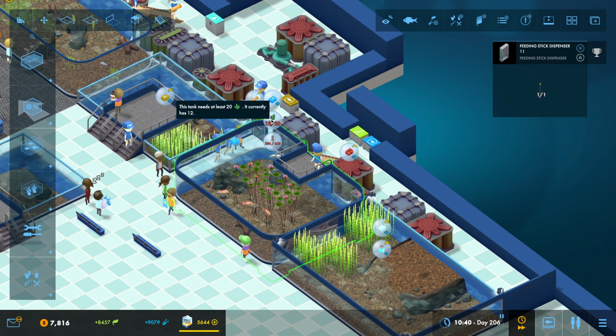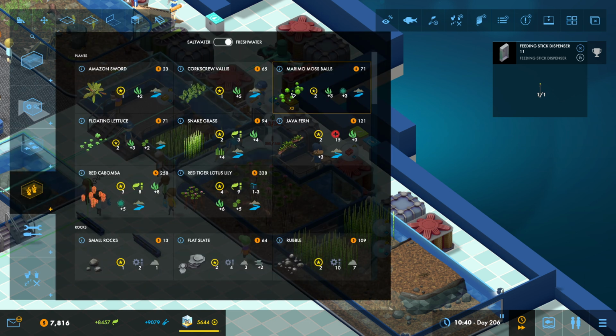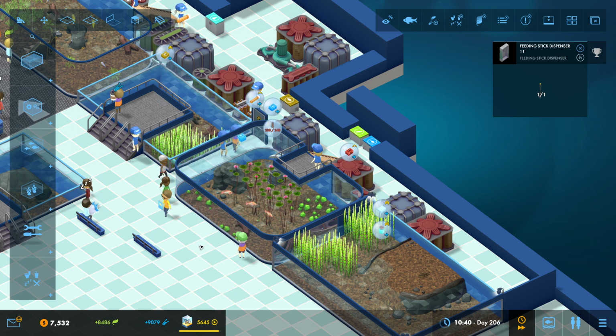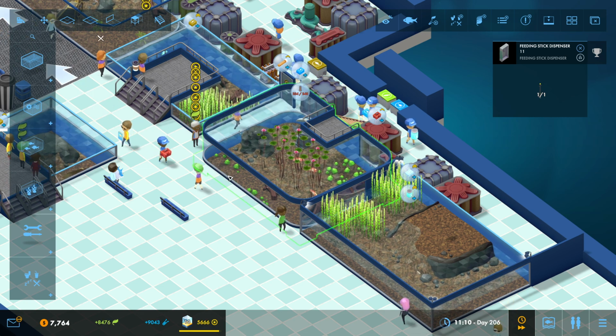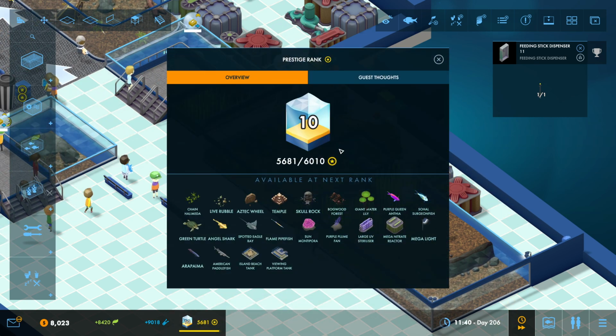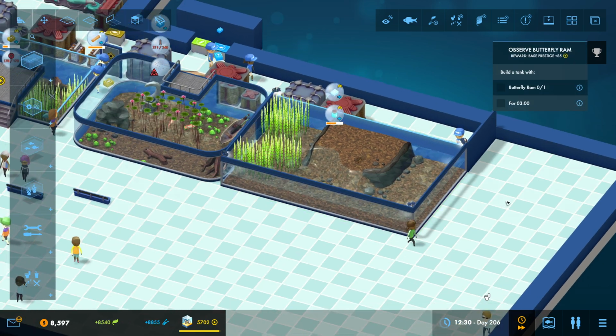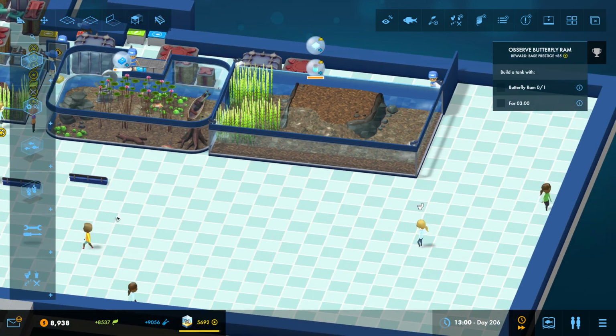There's too few bits of herb in here. Right. Does that make any difference? Yes, it does. Throw that all down. Excellent. Wonderful. Okay. Good stuff. Good stuff. We're probably going to hit prestige rank 11 pretty darn soon, I would imagine. It would be even sooner if we observed the butterfly ram, but alas,